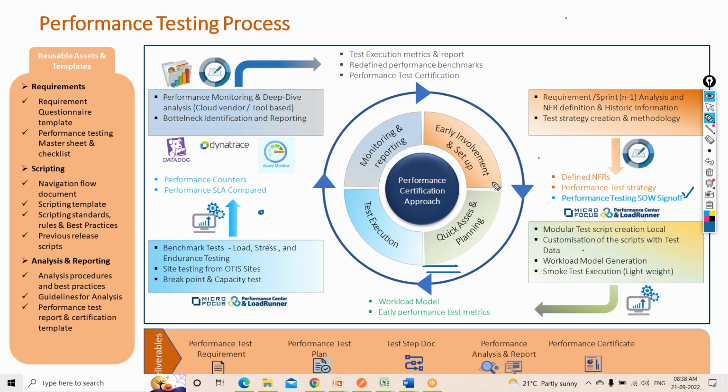So in order to weed out these things, we do a small smoke test execution to see that when we do an actual load test, I will not see any issues from the performance testing team side. When we have to do the execution, no blocker should happen from our end, related to data, machines, scripts, anything. So to weed out all those things, a small smoke test execution happens. In terms of deliverables: workload modeling and early performance testing metrics.